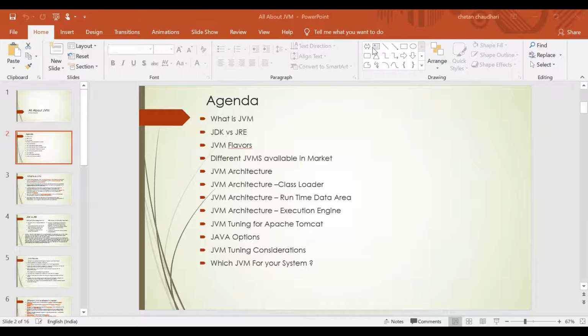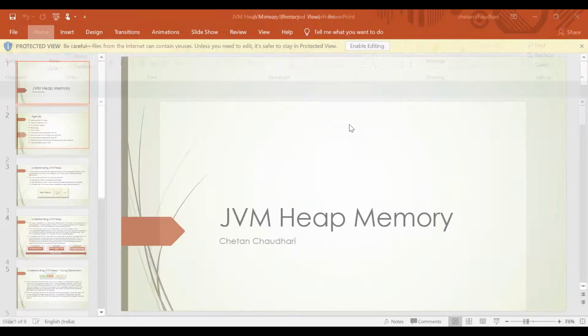Please confirm if everyone is able to see the screen. Okay, thanks, Anil. Thank you, Sana. Let's quickly start. Before we start, did everyone install and prepare the demo application?